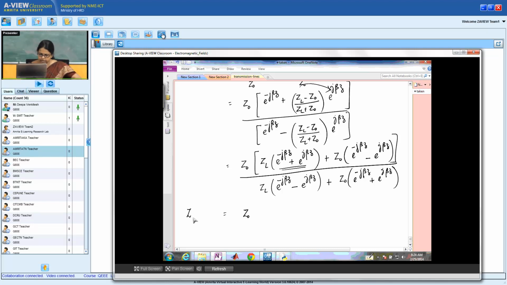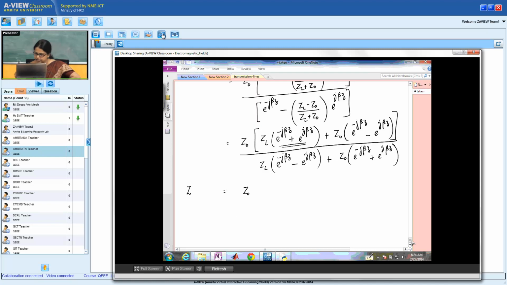Now the reason I am doing this is to figure out, so this is my line, what the input impedance is at a distance L from the load end. So this is my load, and somewhere during this derivation I had assumed that z equal to 0 is at the load end. I am trying to figure out what is the impedance at a distance minus L.